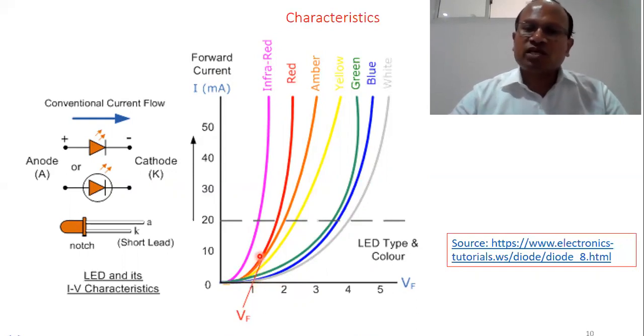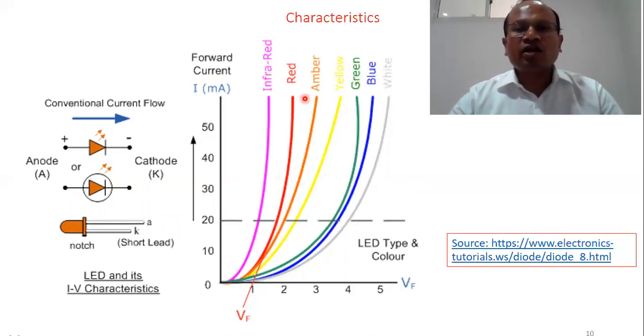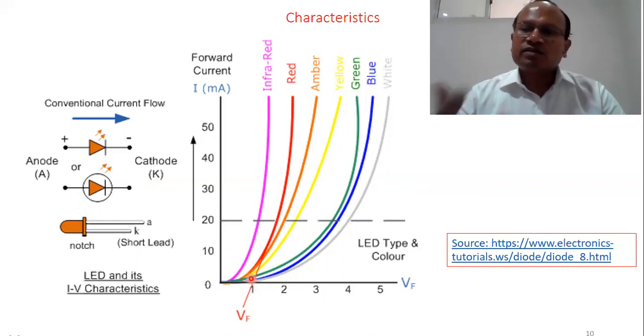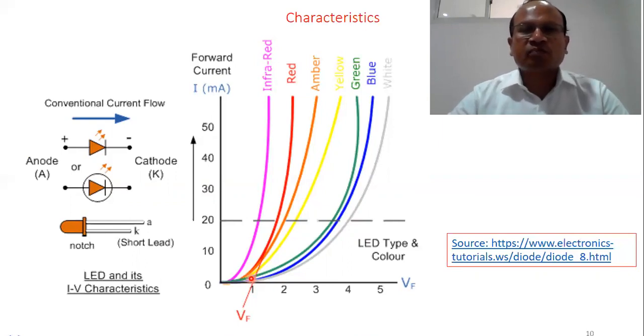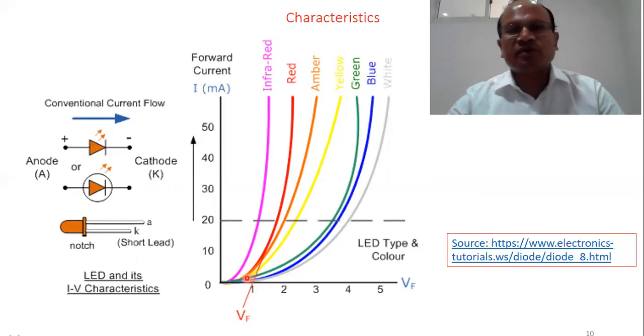So what is important, if you compare with the ordinary PN diode, you find that in an ordinary PN diode also there is a cut-in potential, which is due to the depletion layer that needs to be overcome. So here also there is some forward voltage after which a significant amount of energy is released. That forward voltage comes from the excitation, the battery. Due to that battery, electrons recombine with the holes and release the energy. Therefore, that forward voltage is very much needed in the case of the LED.